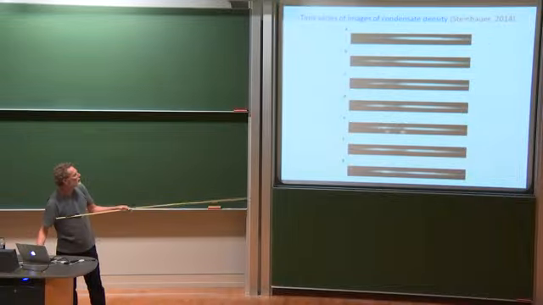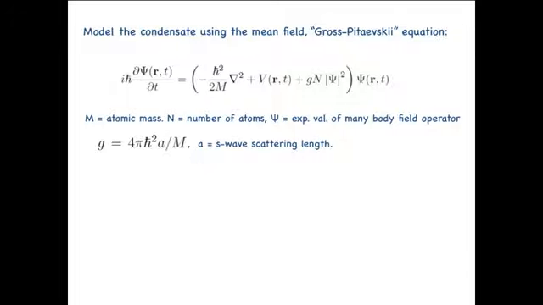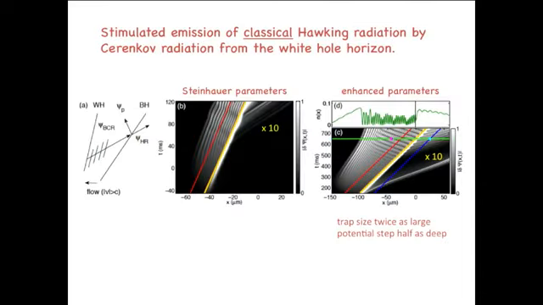And one can simulate the experiment using what's called the Gross-Pitaevskii equation. It's a nonlinear Schrodinger equation that describes the condensate wave function. And the way we did this in our group to try to understand what was happening is various different diagnostics on this wave function. Spectral analysis, but also these space-time portraits, which turned out to be extremely helpful to us.